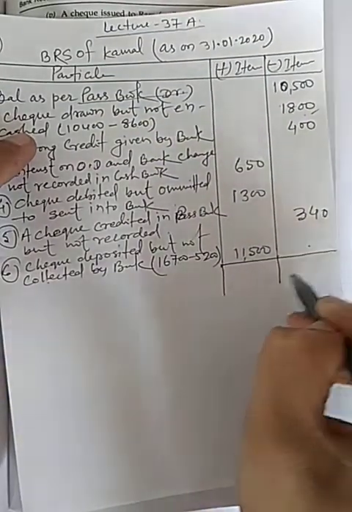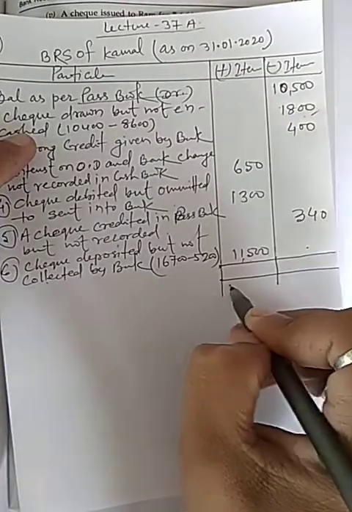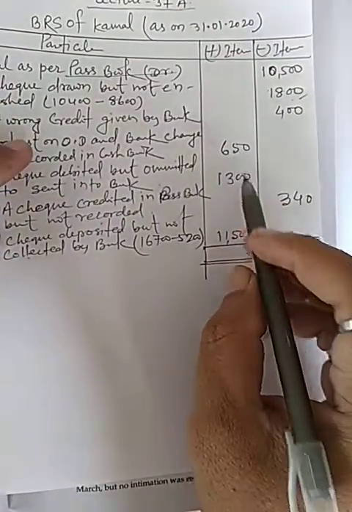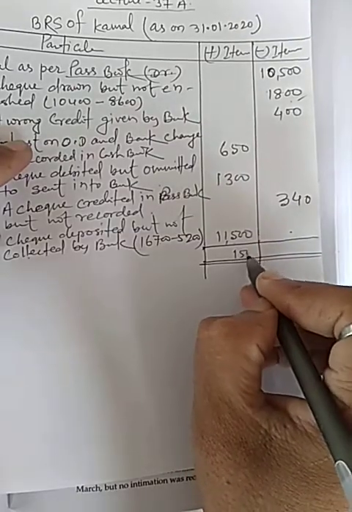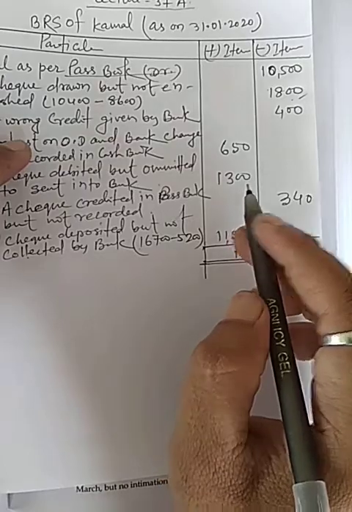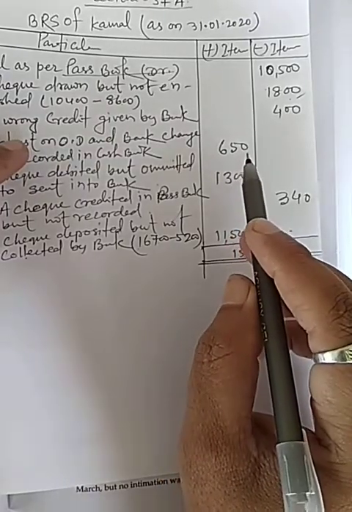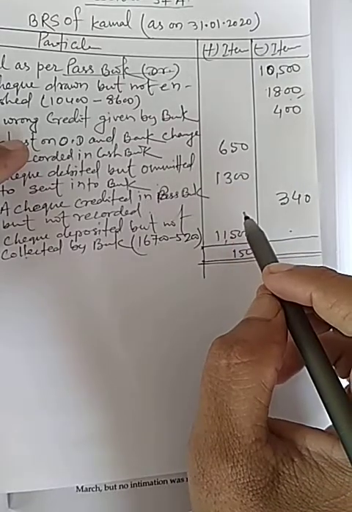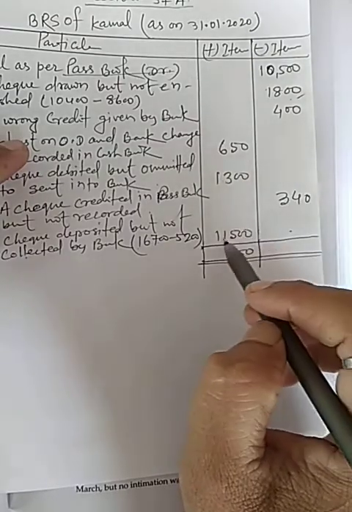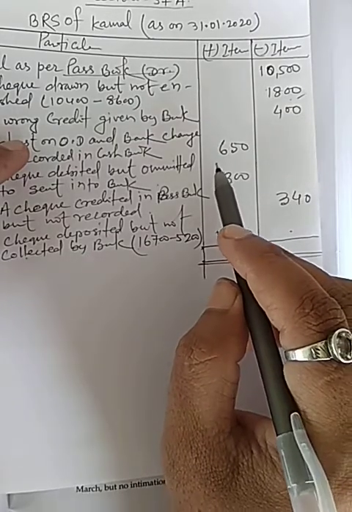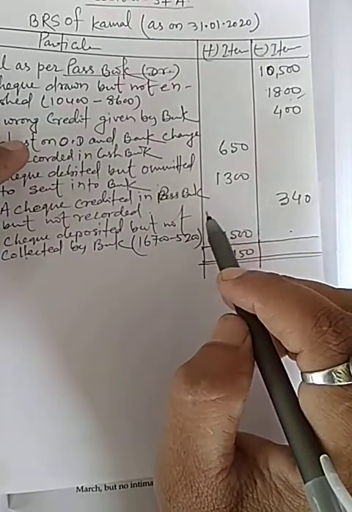Now I will add both these sides, so it will be 150 and 6, 11 and 1. It will be, now